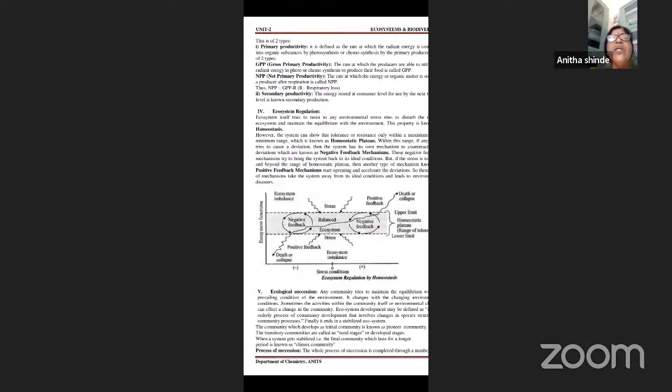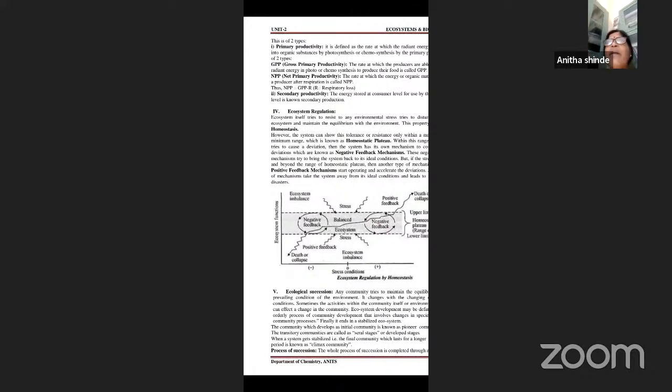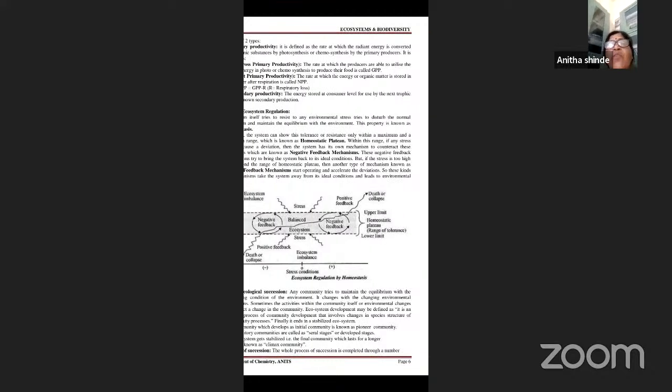Primary productivity is defined as the rate at which the radiant energy is converted into organic substances by photosynthesis or chemosynthesis by the primary producers. It is done by the plants, as you all know. It is nothing but the rate at which the radiant energy, the energy taken directly from the sunlight, is being converted into organic substances through the process of chemosynthesis. Already I have told you, photosynthesis occurs in the terrestrial habitat, whereas chemosynthesis occurs in an aquatic habitat,